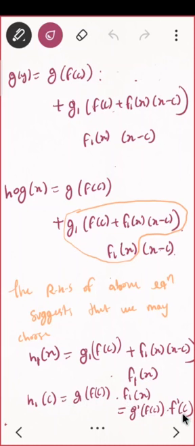But the next thing I need to understand is whether this h1 is continuous or not. And how can I check this is continuous? This is actually the product of two functions, g1 and f1. g1 is continuous, f1 is continuous, so the product is continuous. We have already proved in the algebra of continuity that the product of two continuous functions will be a continuous function.